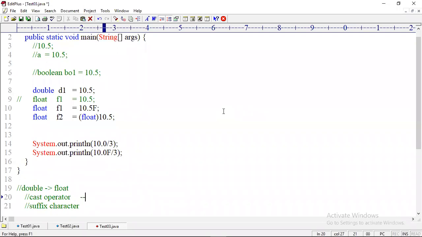Here, double is converted to float. Here no conversion, the number itself is considered as float. Okay, so these are the points you need to remember regarding float. That's it. There is not much discussion on float.